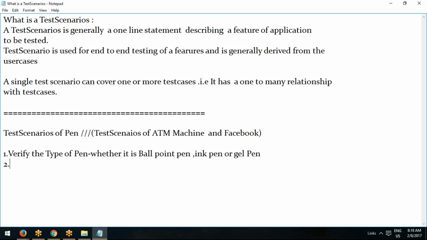So the first thing is Verify. We come to know the type of the pen. It can be a ball pen, an ink pen, or a gel pen. Now we are checking the outer body. Verify the outer body of the pen,